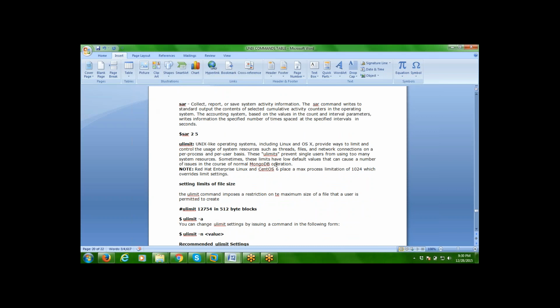A very important interview question next: what is the ulimit command? Generally, why are we using the ulimit command? ulimit is a command which provides ways to limit and control the usage of system resources, for example threads, files, network connections, user running processes,